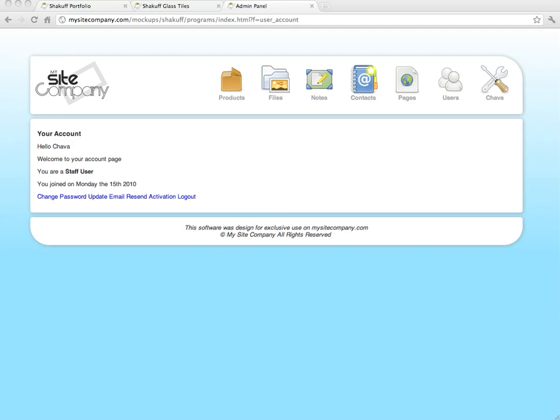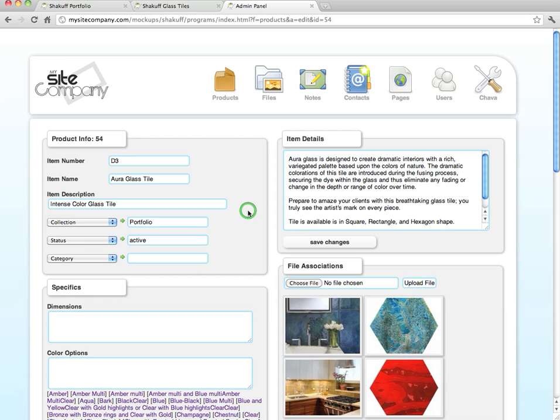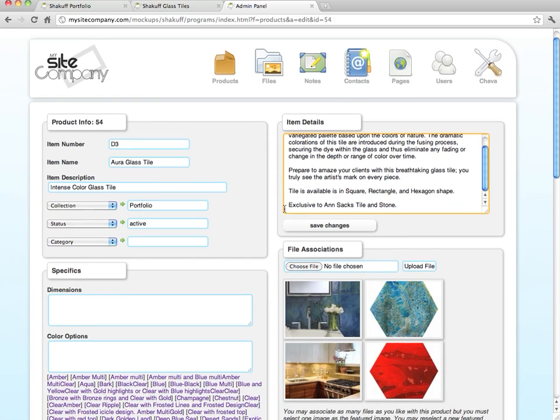Today we're going to talk about what the fields on your product page mean. We're going to click on Products, and we're going to click on the top product there. We are currently using the Shakoof glass site as our example, so this is a product that is a glass